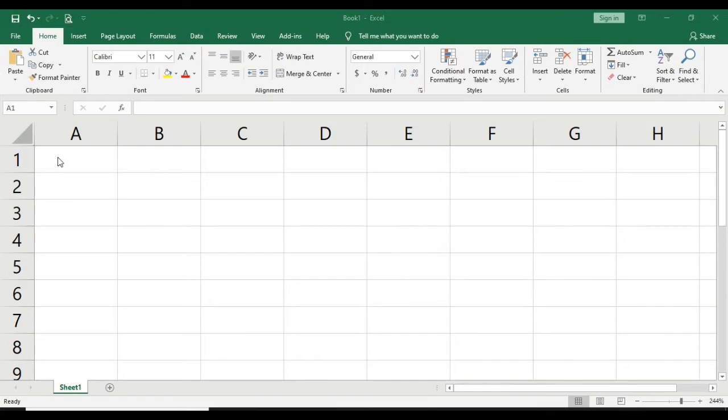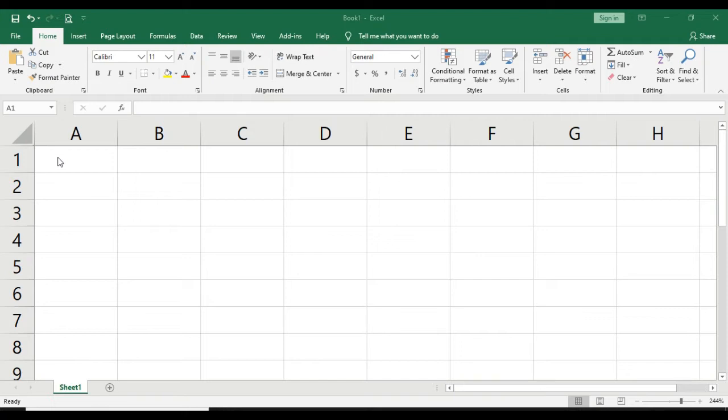Okay, friends, today we will learn some more topics. If you open Excel sheet, you will find this screen structure. I have made the bigger font so you can see the Excel sheet clearly. You will find the sheet like this.